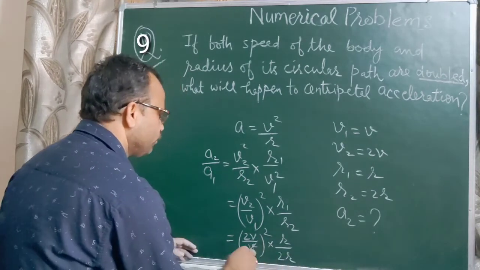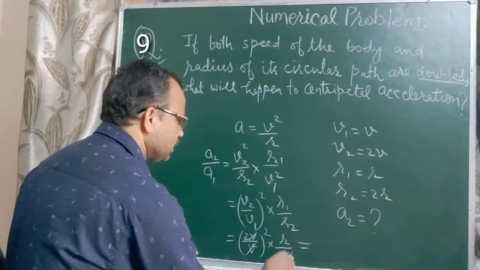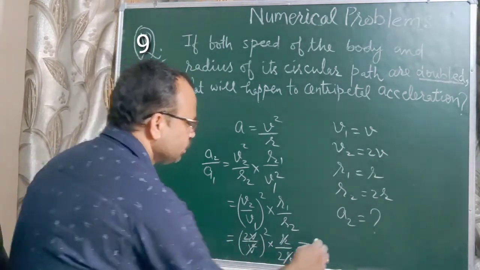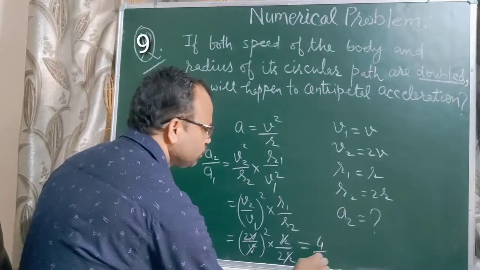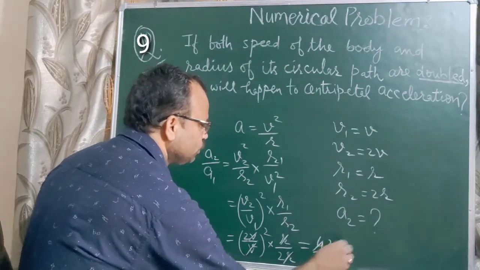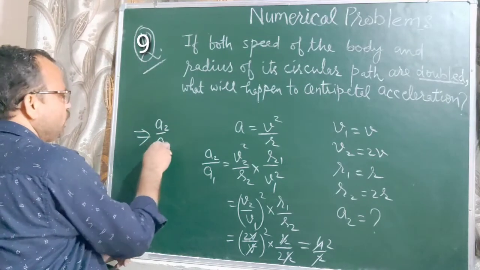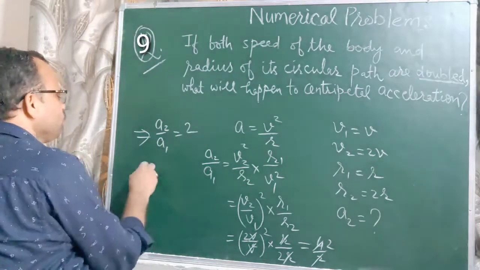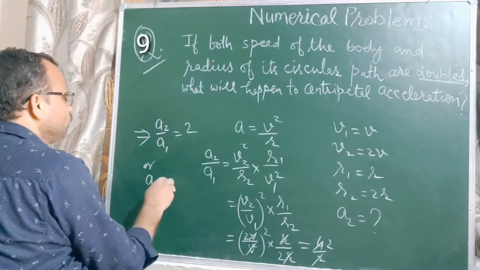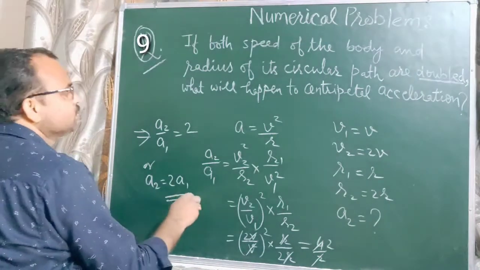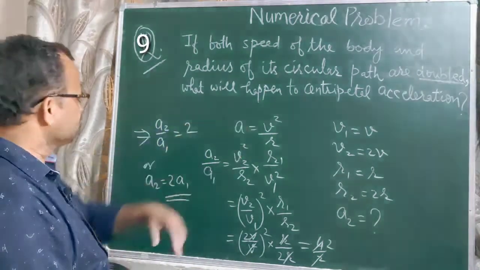Okay, then v and v cancel, r and r cancel. So 2 square means 4 upon 2 equals 2. This implies a2 upon a1 equals 2, or a2 equals twice a1, means centripetal acceleration will be